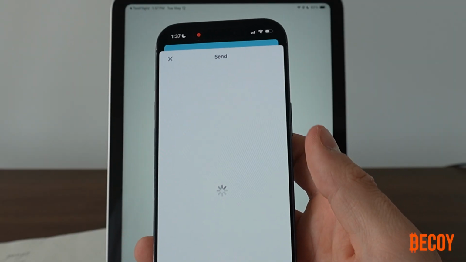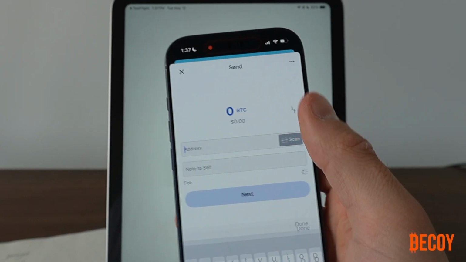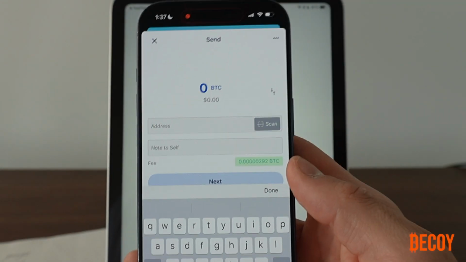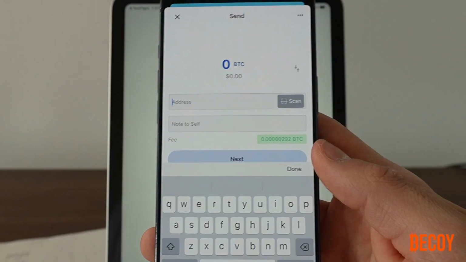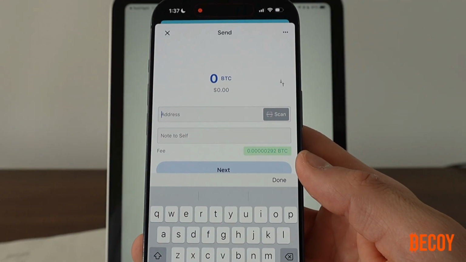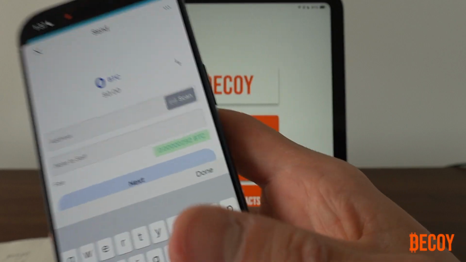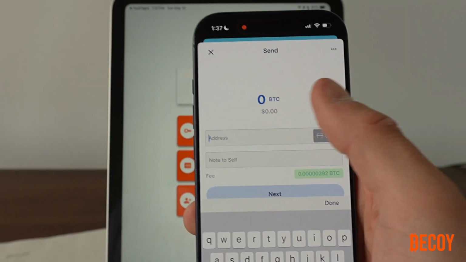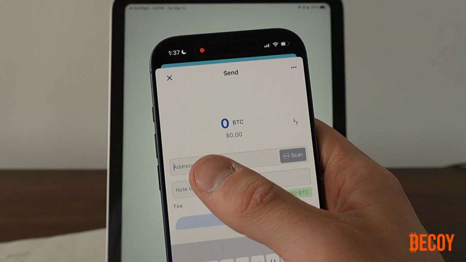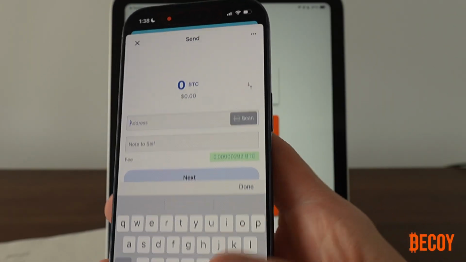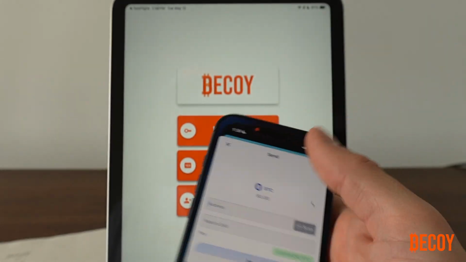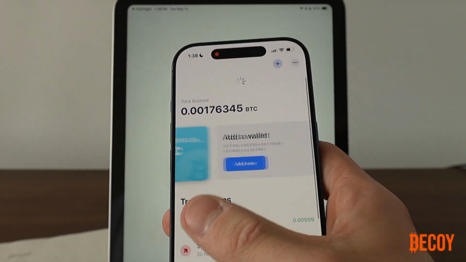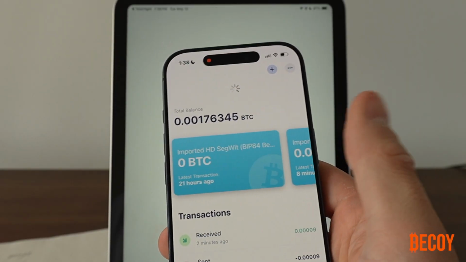So in order to send a transaction through Blue Wallet, it is going to need a receive address here. We need to get this receive address from any wallet, anywhere. It could be an exchange wallet, it could be a hot wallet, it could be a cold storage wallet, anywhere that we have a Bitcoin receive address and send Bitcoin to. That's what we need to plug into this field. So I'm going to go ahead and retrieve one. Thankfully I have another wallet here in Blue Wallet. Again, this could be back to your exchange, but you're going to go ahead,